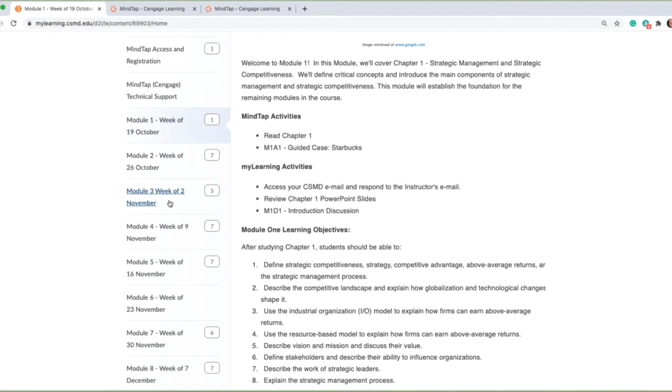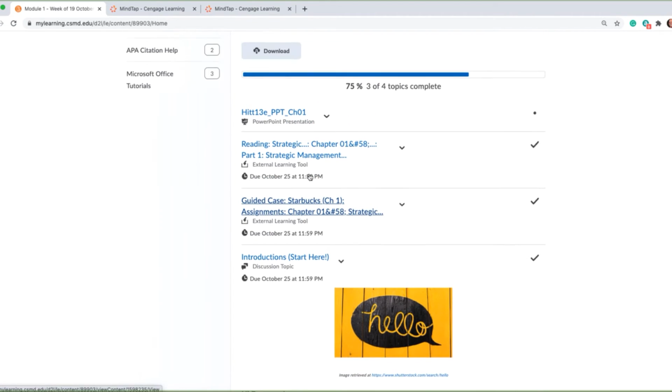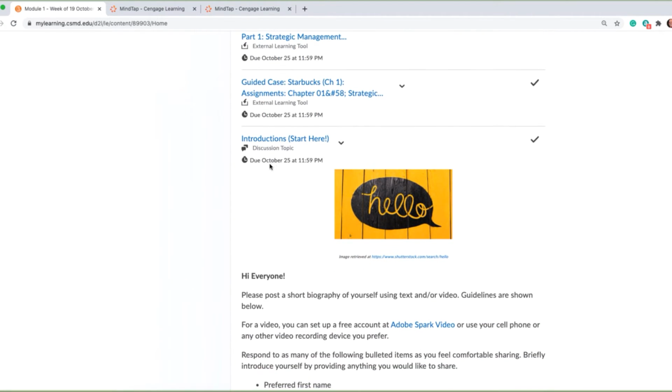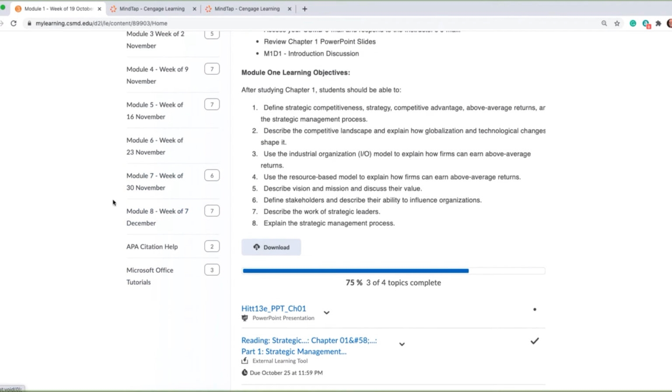So each of the weekly modules are in here. They're all laid out in the same fashion. The first week, do your introduction discussion. I did include 2 modules in APA citation help to help you in citing sources for your written papers and